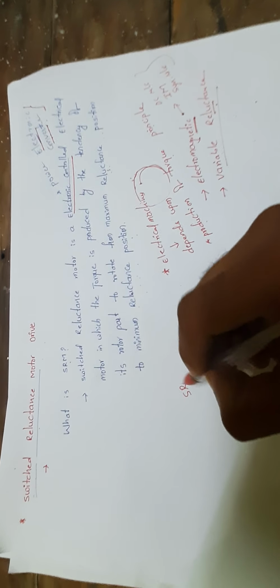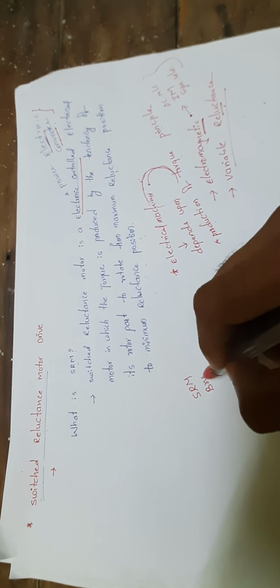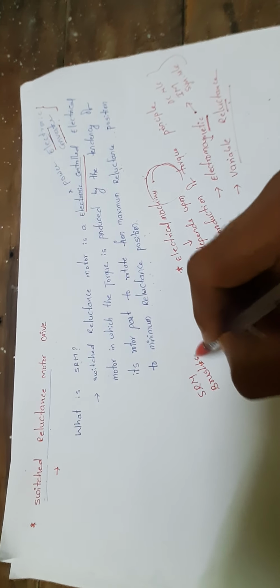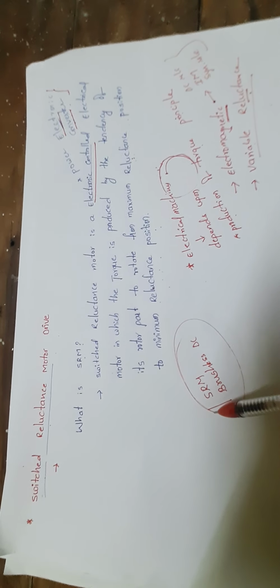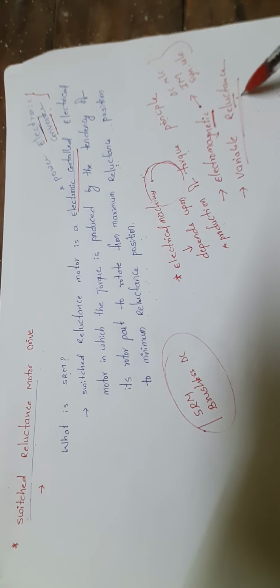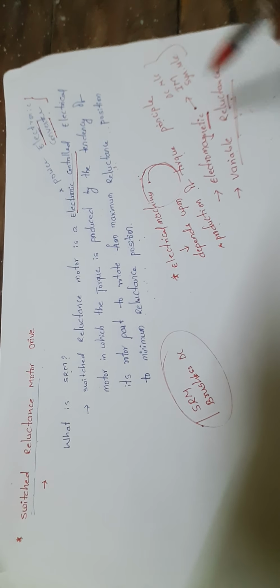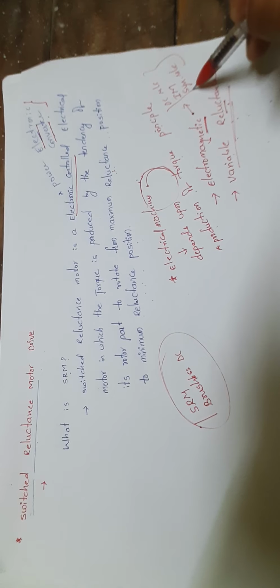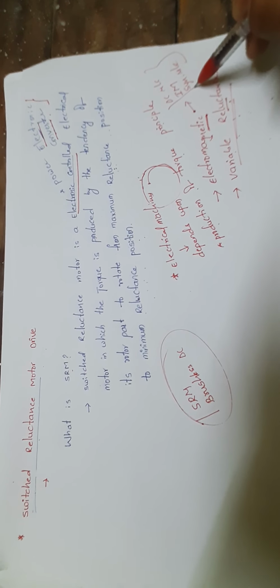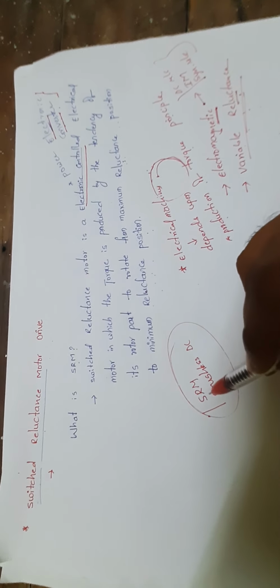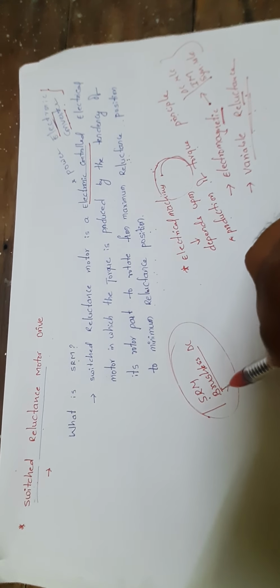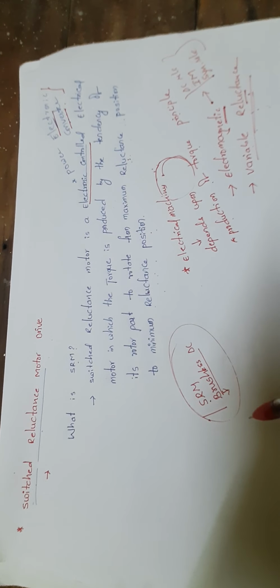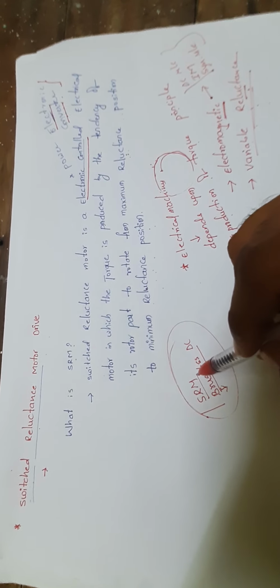Generally, switched reluctance motors and brushless DC motors are called special types of machines. The reason is that the construction of these two machines is different, and the principle of operation for production of torque is also different compared to other types of machines. In the coming videos, we'll discuss brushless DC machine construction and operation, and control strategies of drive operation, along with the switched reluctance motor.